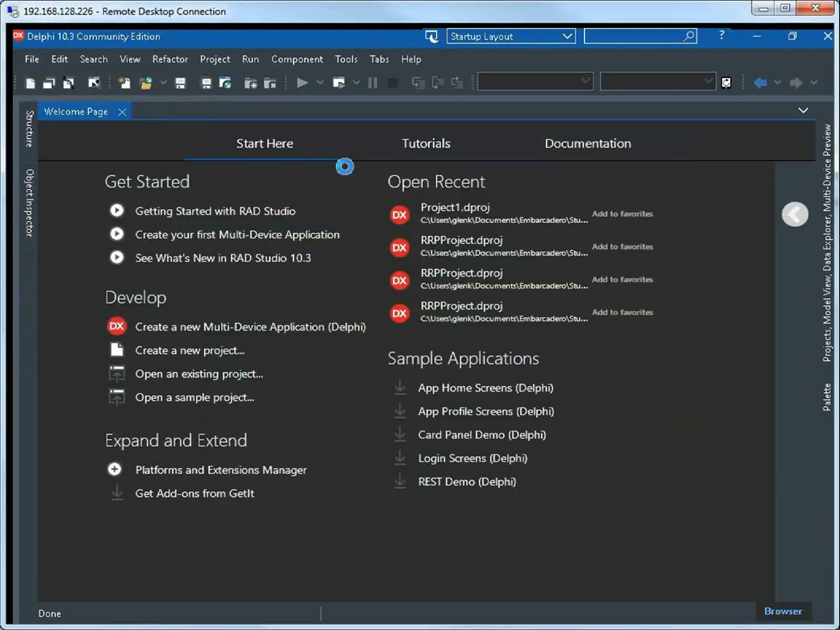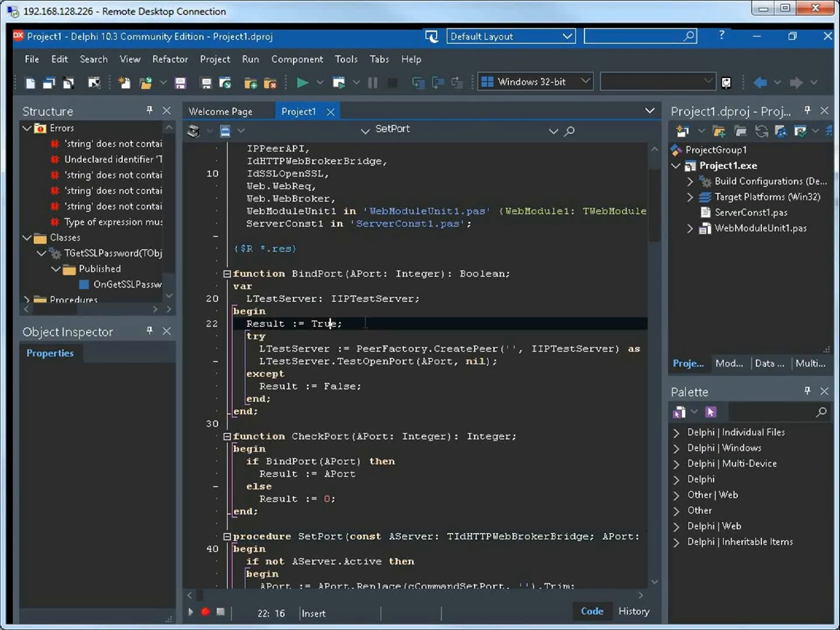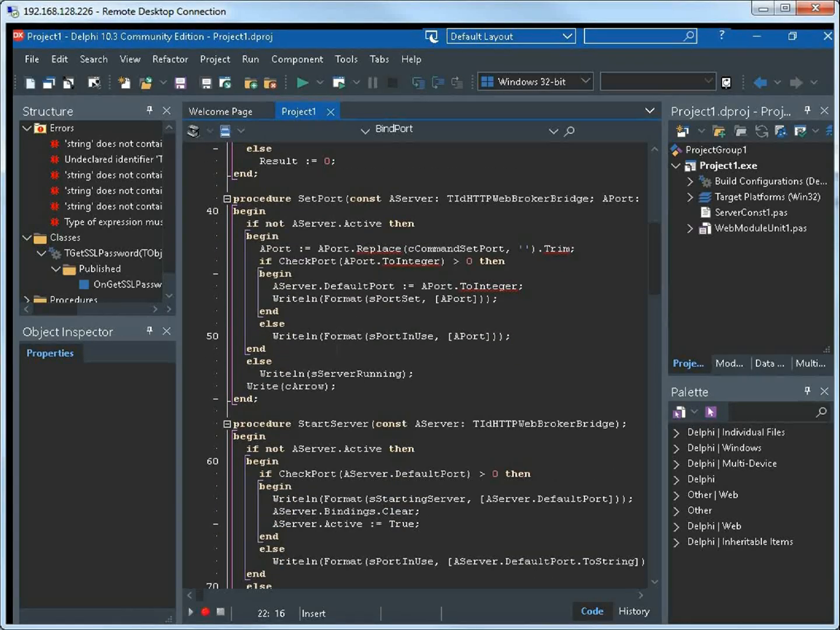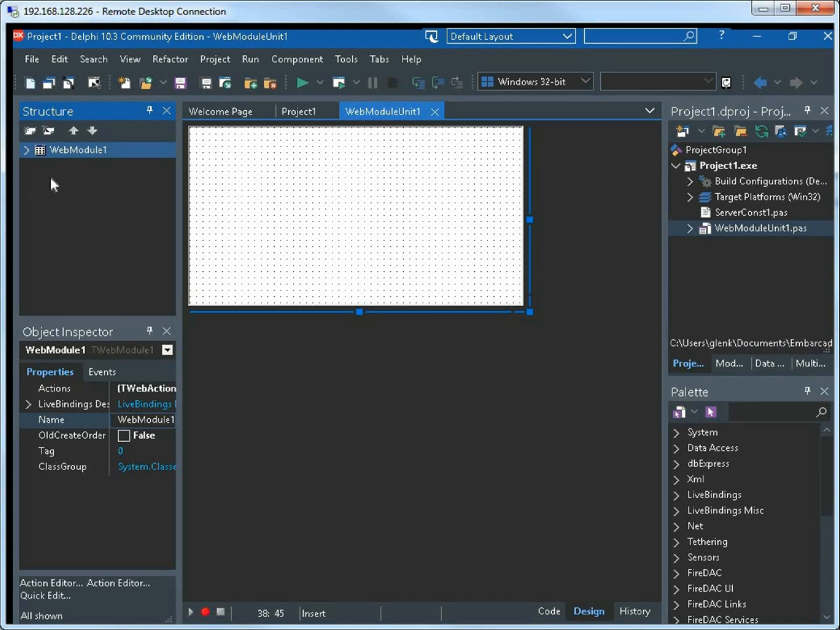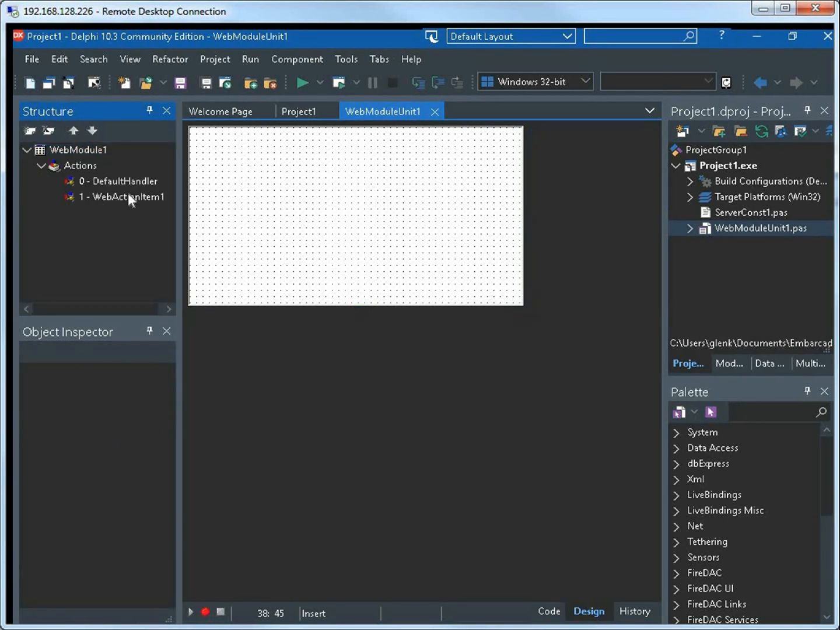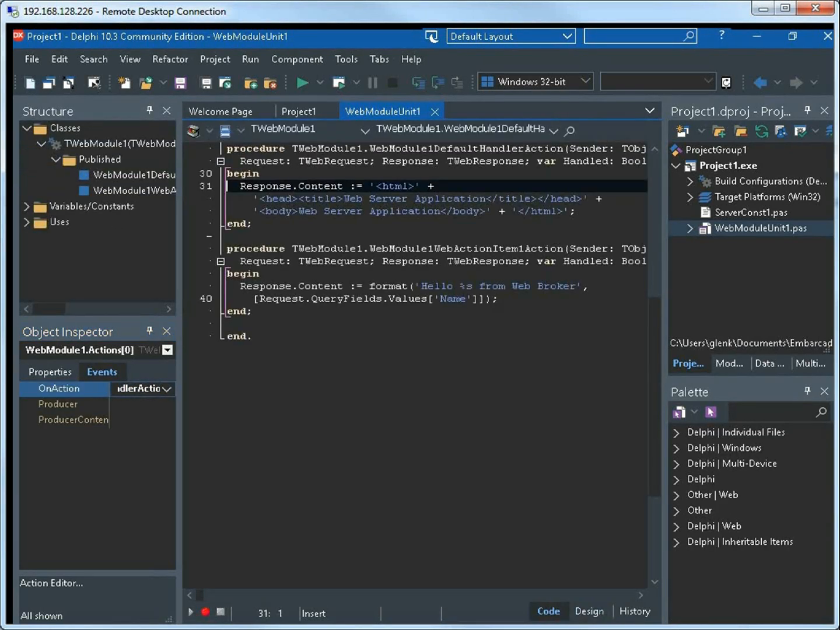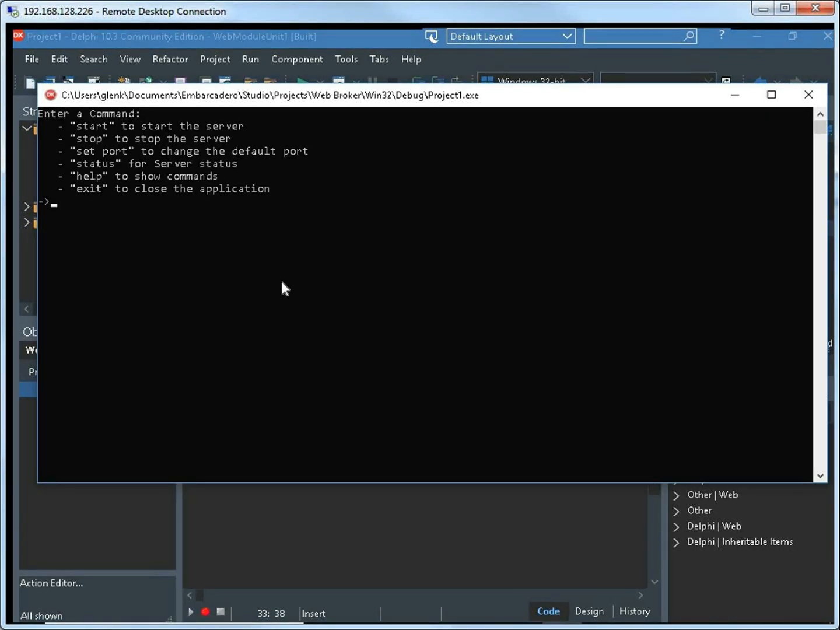Let's go to our existing WebBroker module. This is just a test one that I created entirely for the purposes of the video. It is a single module with two actions. One is root and the other is a hello message, which we'll come back to shortly. So the standard web server application message that you get by default in your WebBroker template. And if we start the server,